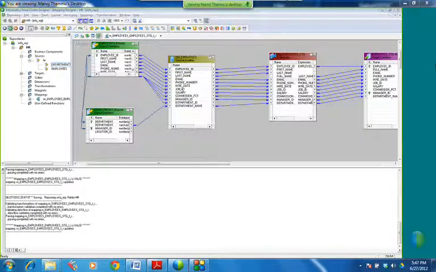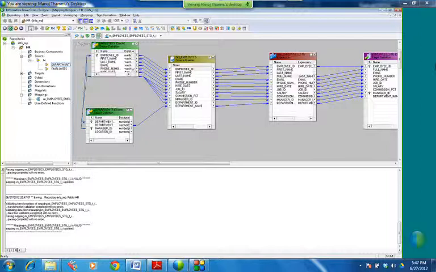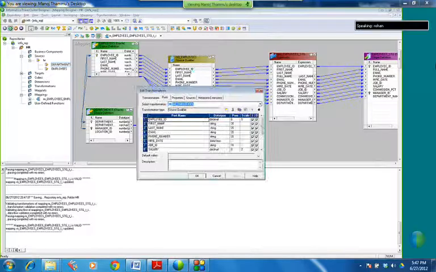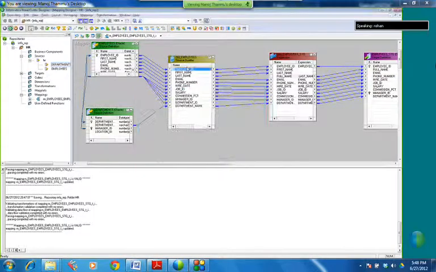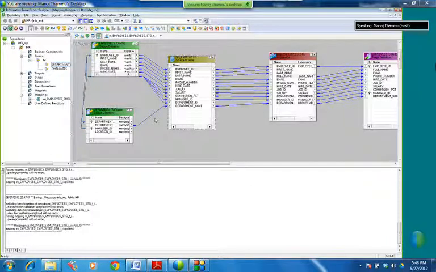So, yeah. Excuse me, Manoj, this is Rohan. Yes, Rohan. Just a quick question. What you did in the expression could have also been done in the source qualifier, right? Yeah. But what I wanted to show you is the expression scenario here. Yeah, correct. I got your point. You wanted to demonstrate how it's done. Yeah. So you can do that in the source qualifier. But it is good to do it in the source qualifier only, right now, in this scenario, because both are tables. If it is a flat file, then no.